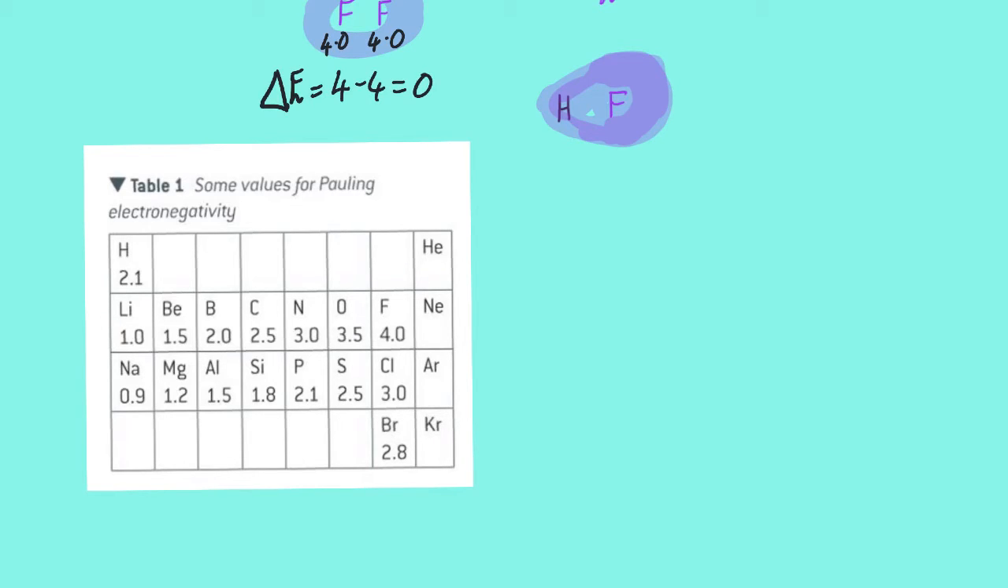So there's no difference in electronegativity, so we say that those electrons are equally shared. But if we look at hydrogen fluoride, hydrogen here has an electronegativity of 2.1 and fluorine has an electronegativity value of 4. So this time the difference in electronegativity is 4 take away 2.1, which is equal to